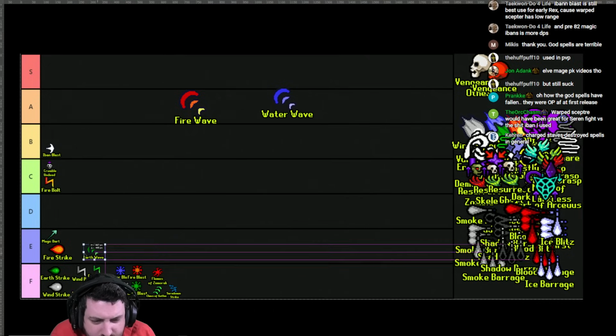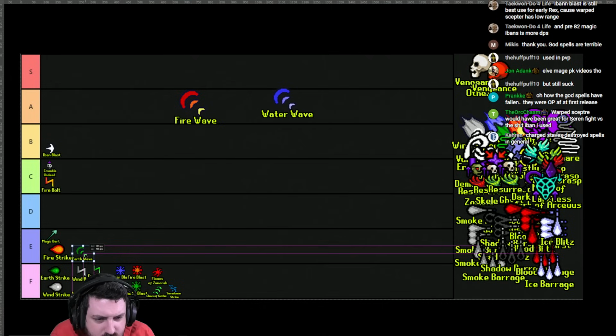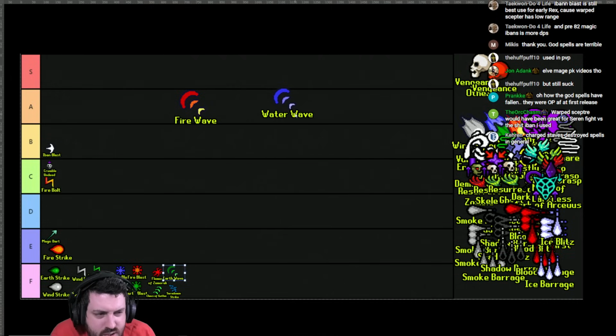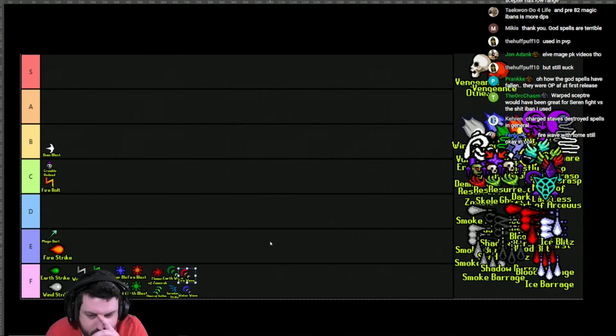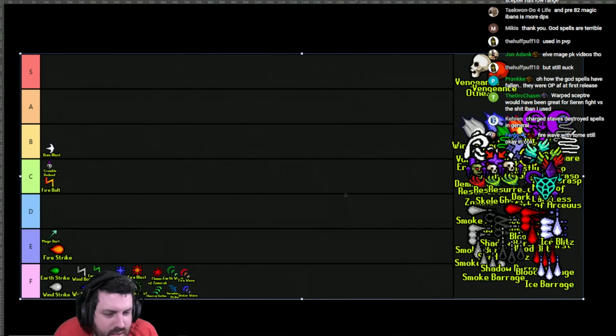They might be E tier because I guess they can still be used. Nah, they're not. Charged staves have really just ruined everything in this game when it comes to these sort of spells. You just don't really cast these anymore. Unless you're desperate, you just throw them in the bin. Firewave with Tome is still okay in Cox. It is, but